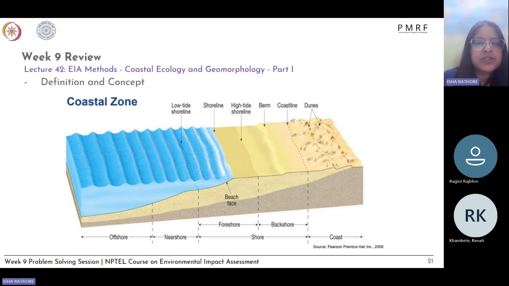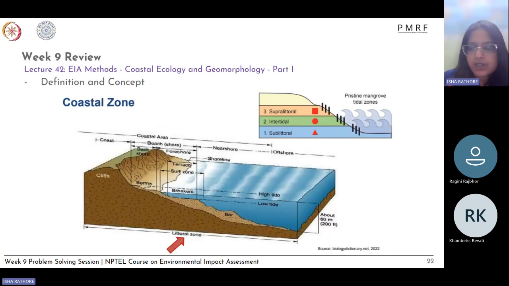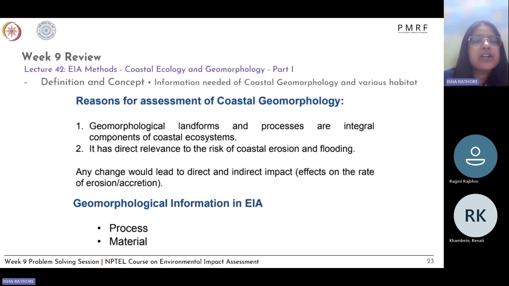So we have looked at coastal zones, the different kinds of coastal zone regulations. We have the low tide shorelines and different areas. Okay, we have looked at all of these. Then we looked at definitions and concepts. So, when doing the coastal ecology and geomorphology assessment,